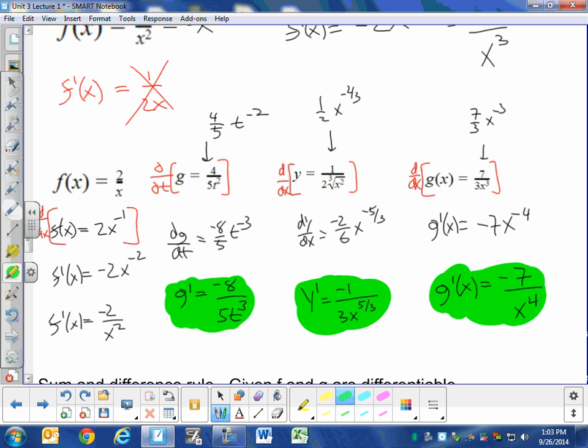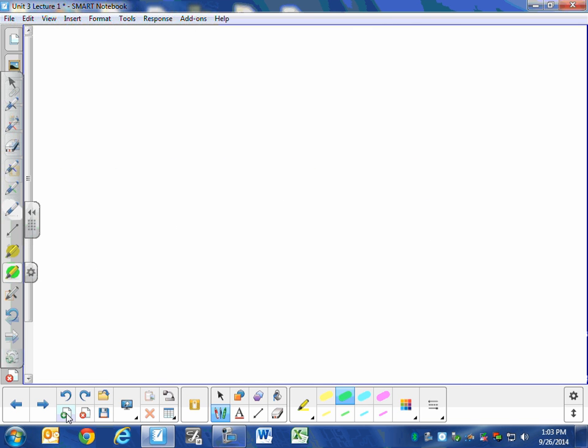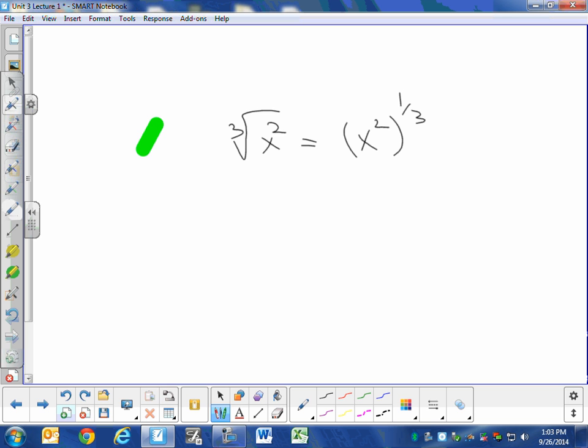So third one, I rewrote 7/3x cubed. This one. Okay. So this is the cubed root of x squared. The cubed root of x squared is the same as x squared to the 1/3 power. That is the same as x to the 2/3. Do we get that at least? That's important. Once we understand that,